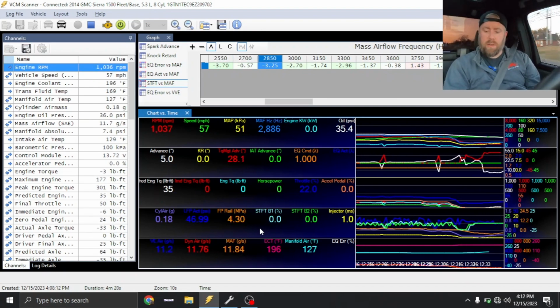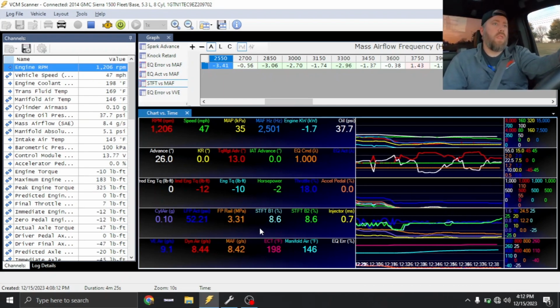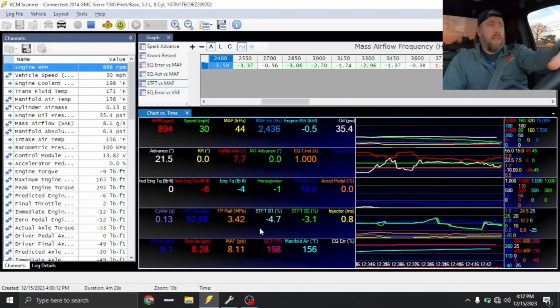Yeah, truck returns to idle. I mean, everything's perfect. So we're going to call this thing done. I'm going to go ahead and spin this truck around, head back to the shop, and go home and spend